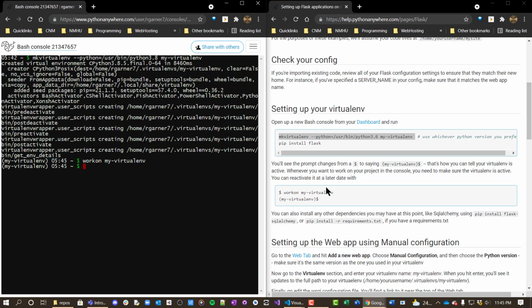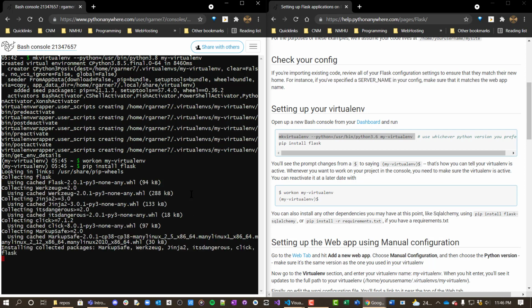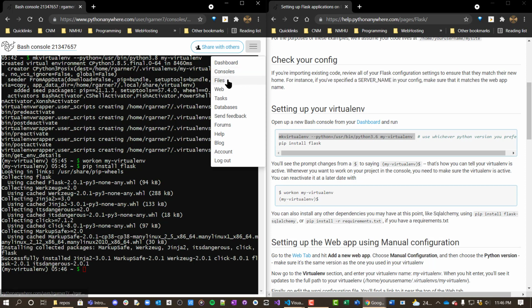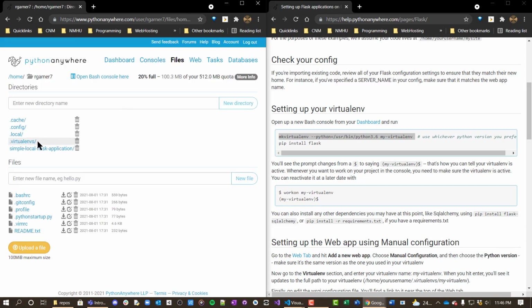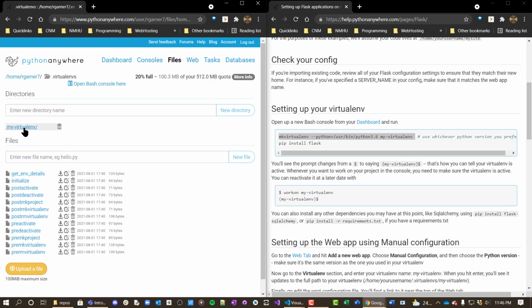Once that's up and running, we are going to do a pip install flask so that we have that library available to our program. So now it's doing the same thing we did before we made our application. We had to create a virtual environment and load pip. If I now go back to my files, I will see here under virtual environments, if I click on that,